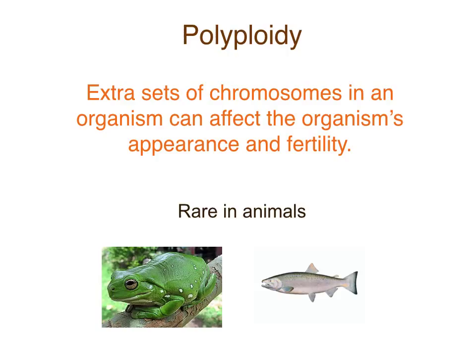So anyway, polyploidy is usually what we think about in plants. Plants can readily adapt much better than animals to extra sets of chromosomes. But that doesn't mean that we don't see polyploidy in animals. There are fish that are polyploids. There are frogs that are actually polyploids. I'm not sure what the frog species are that are polyploids. I think this is just a generic frog picture off of the internet. And fish. So we do actually have polyploid individuals in animals, but it's a much, much more rare occurrence.